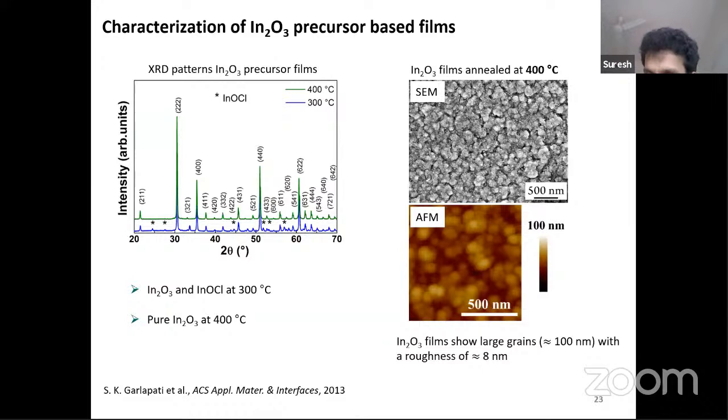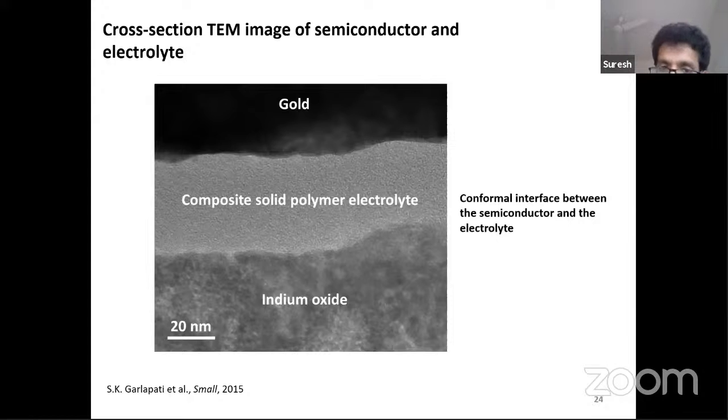You can also use it to understand the morphology and also the roughness. In case of SEM, you can't understand the roughness, but in case of AFM, you can understand the roughness of the film as well. So I did both SEM and AFM to understand the grain size and the roughness of the films. We have a large grain size around 100 nanometers, and the films are a bit rough, around 8 nanometers. So next I did TEM analysis on the interface between the semiconductor and electrolyte to understand how